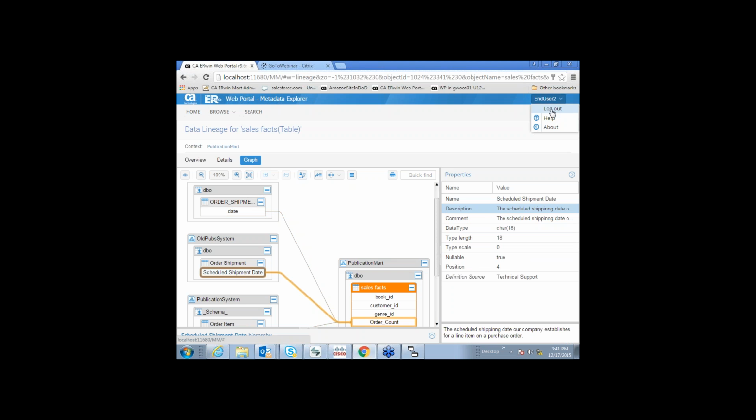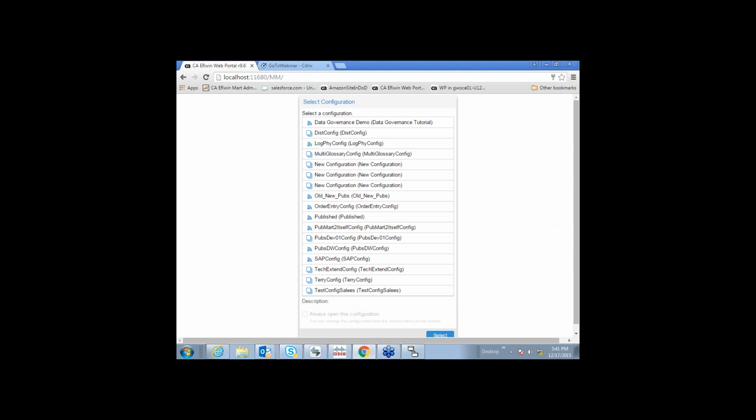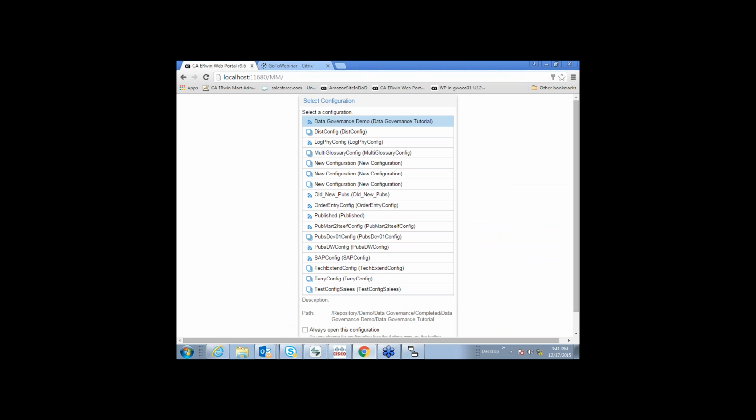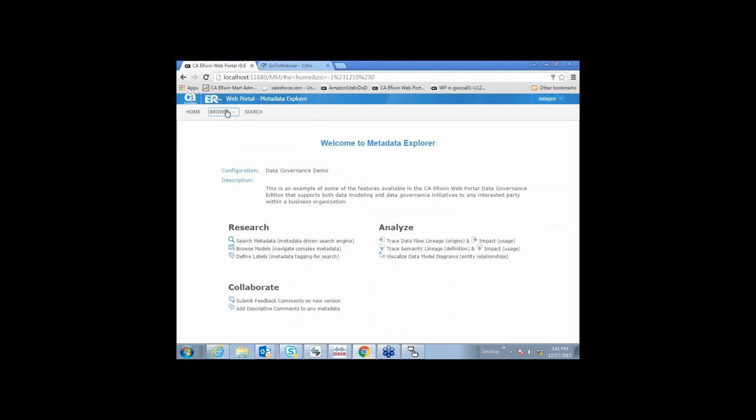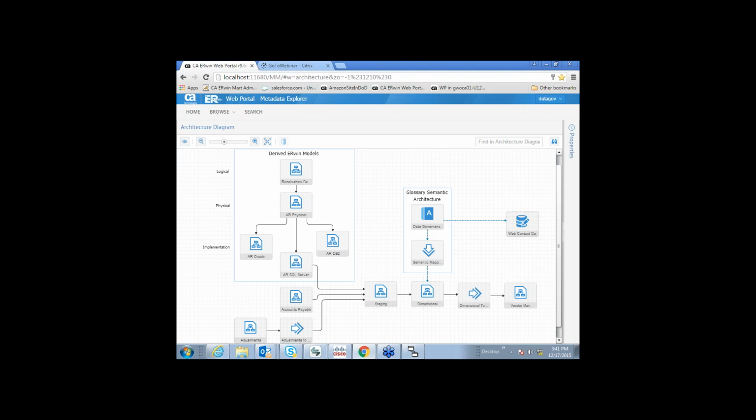Let me jump to another configuration here, and I'm going to log in as a different user. This particular user has access to a little more complex configuration. If you look at this diagram, all these objects represent application systems.